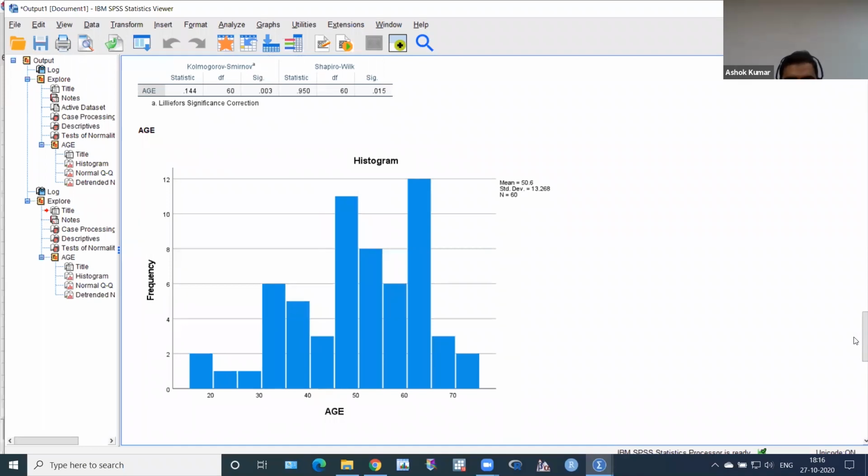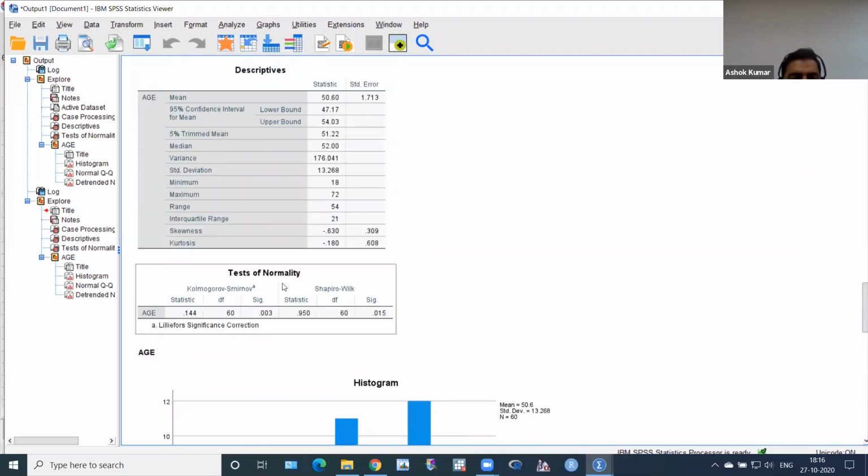And what happened? This is a test of normality. This is the Kolmogorov-Smirnov test, and second is the Shapiro-Wilk test. This is the value of the Kolmogorov-Smirnov KS test, also famous as the KS test. This is the degrees of freedom, and this is the significance, SIG, that is the p-value.